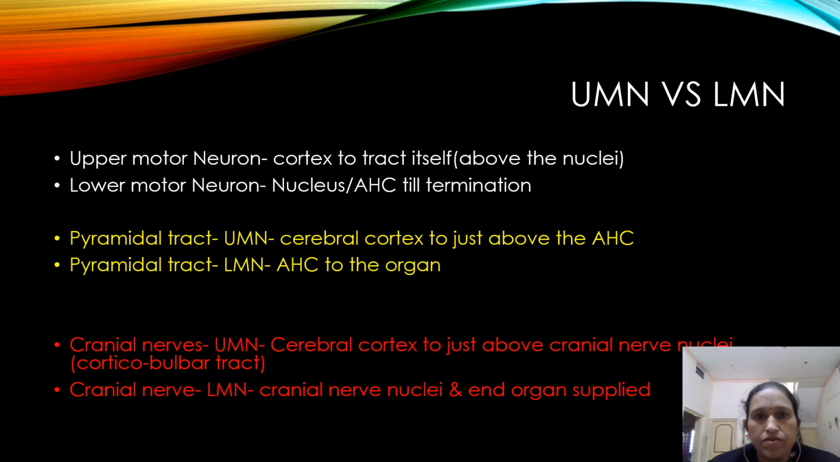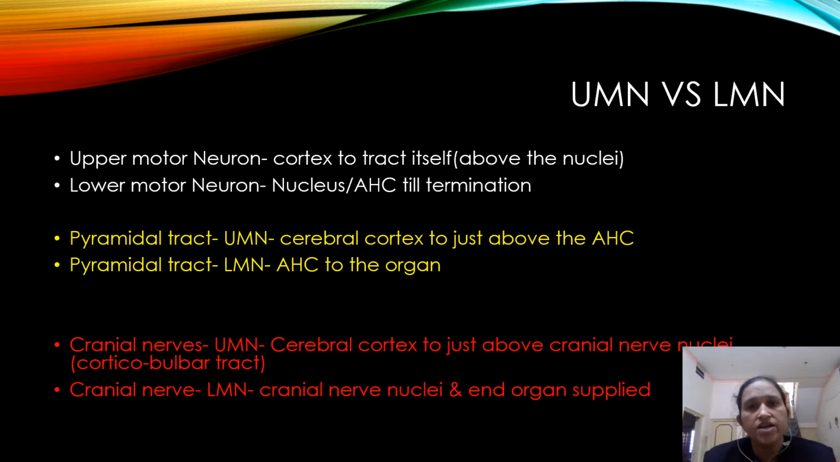Okay. Now, what is upper motor neuron and what is lower motor neuron? Upper motor neuron is from the cortex to the tract itself, that is above the level of nuclei, and the lower motor neuron is from the nucleus or anterior horn cell till its termination. So in reference to pyramidal tract lesion, upper motor neuron is from the cerebral cortex to above the level of anterior horn cells, and lower motor neuron is from the anterior horn cell till the end organ,